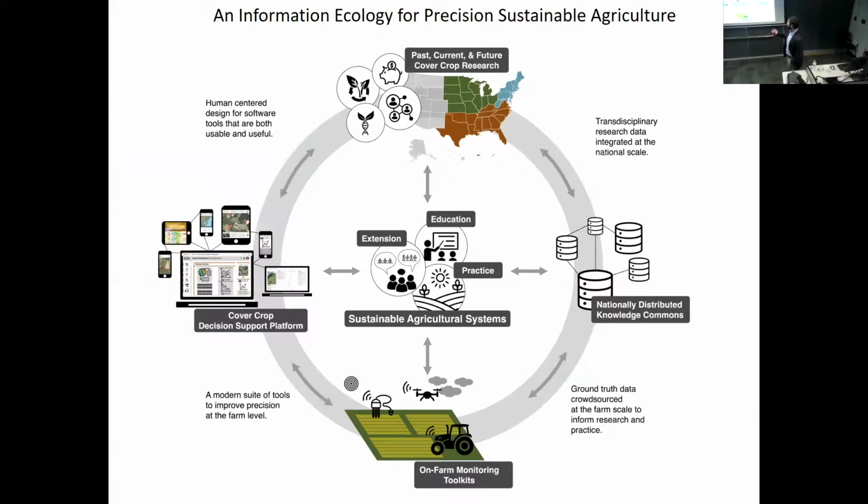And so we're trying to build an information ecology for precision sustainable agriculture. So that's uniting regional groups of researchers for past, current, and future research, and building the national distributed knowledge commons necessary, right? We have to move away from all this siloed data, these 2-year, 3-year projects that graduate students do where this went up and this went down, and it's really interesting and valuable, but it's limited in what we can infer and make, and in the kinds of tools we can make. How do we connect ourselves to a broader group? And so it's making these nationally distributed commons and using that information to inform decision support tools,